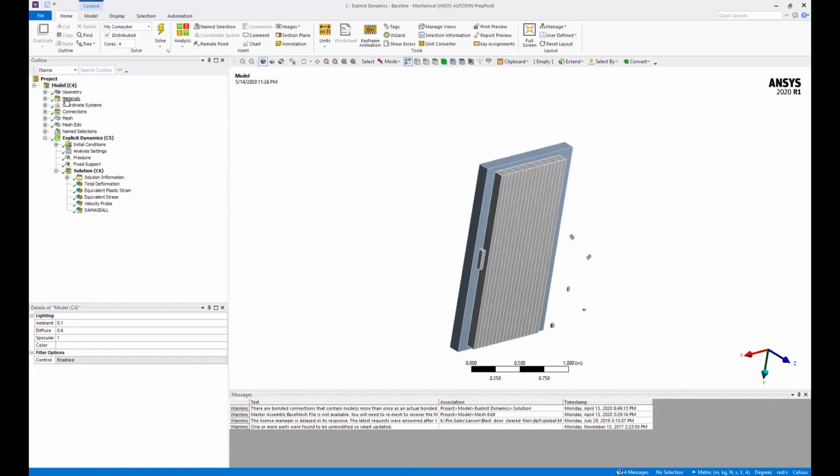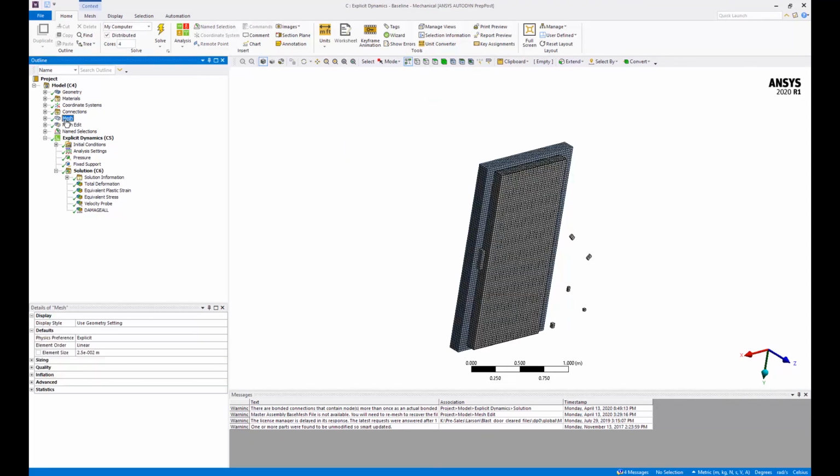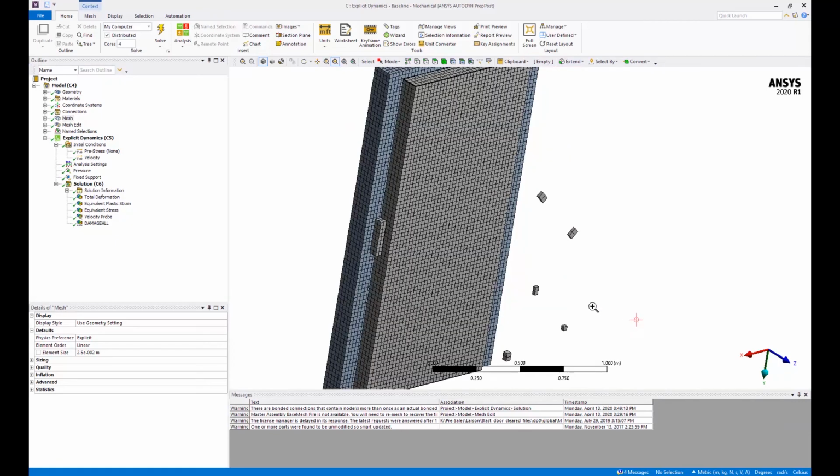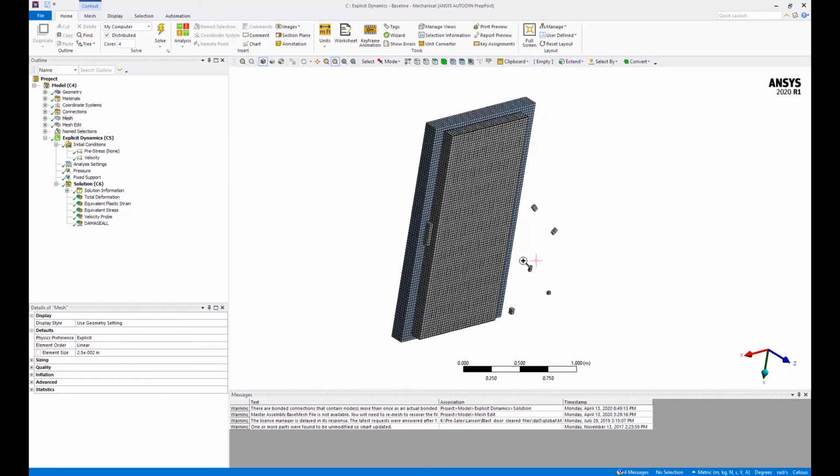And then we established the explicit dynamics model, and once having established all the geometry and materials, we meshed it, put in all the connections, and then applied the initial conditions, such as these particles flying right into the door, and then conducted the simulation for a particular time.